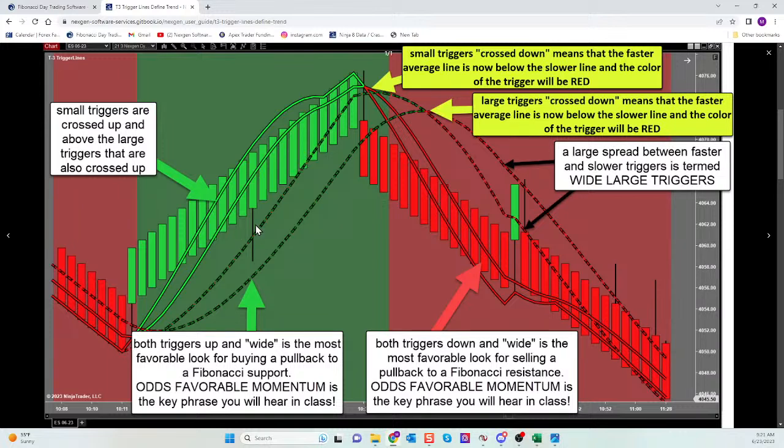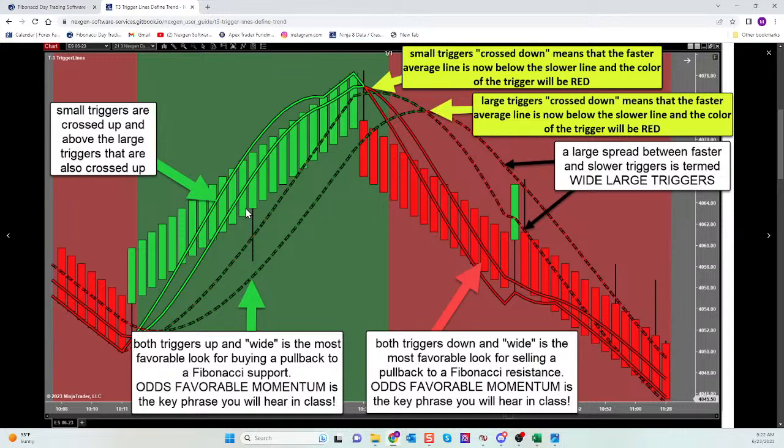When you have odds favorable momentum, this is the best look. When they're up, when they're wide, this is the best, most favorable look for buying a pullback on that smaller chart to one of those Fibonacci areas. And you'll see it on a large chart as a tail or a wick. What happens in this one bar on a smaller, faster chart with this momentum is typically a pullback right to our entry point, right to where the market is likely to continue. So committing to momentum, guys, eliminates a lot of troubles in your life, because that market has an absolute ton of force going to the upside.